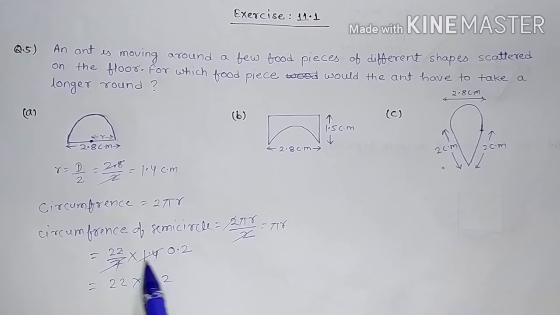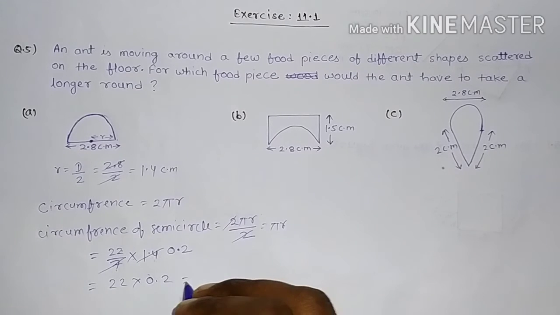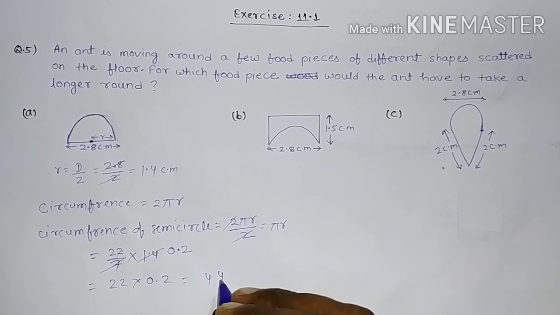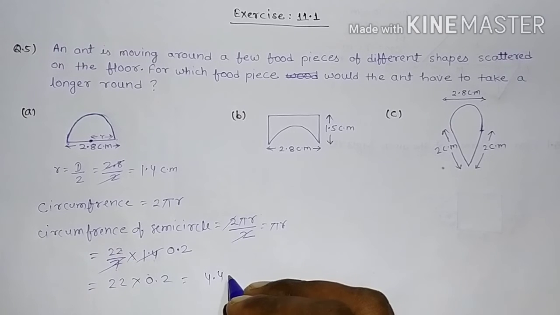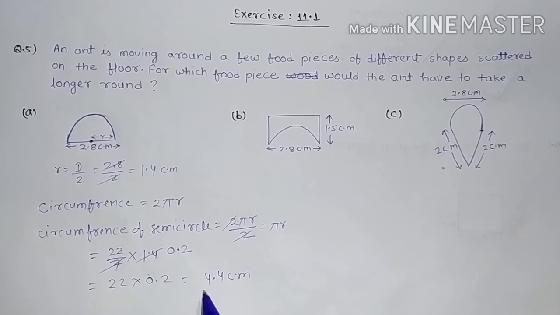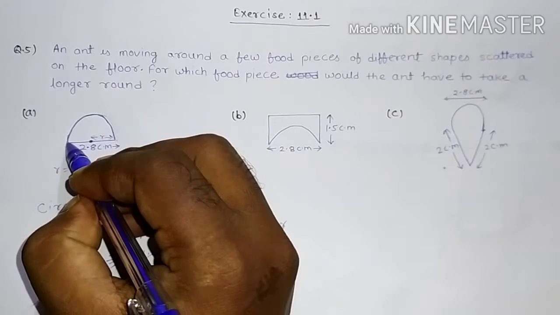So this is 1.4. It will be cancelled out. 7 and 1.4, 7 2 is 14. Decimal is placed. Now 22 into 0.2. Just multiply. 2 2 is 4, 2 2 is 4, 4.4 centimeter. This is the length of this part,